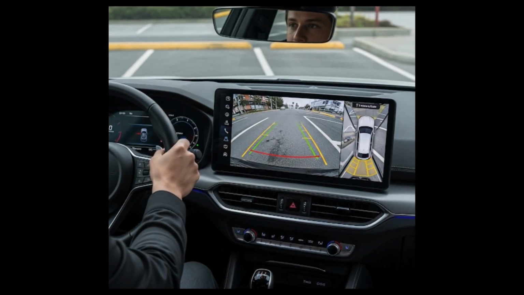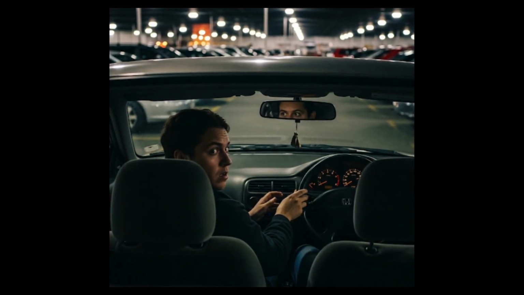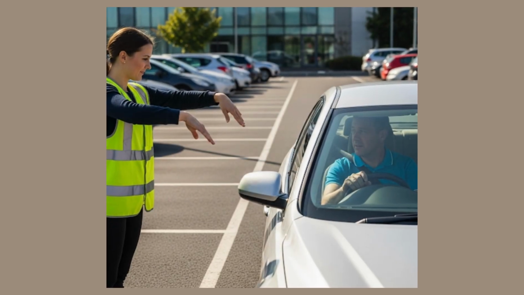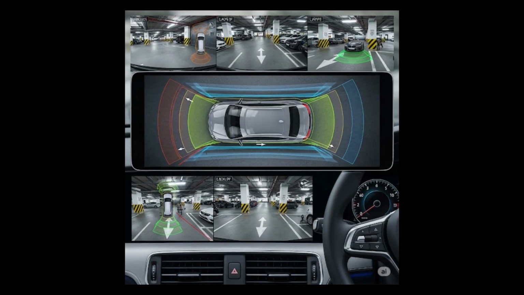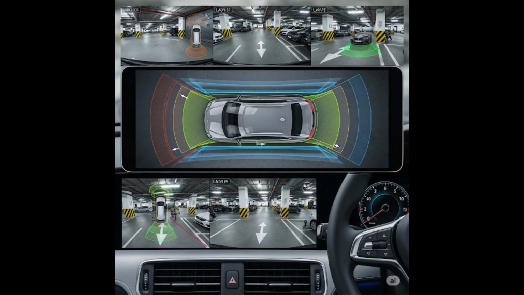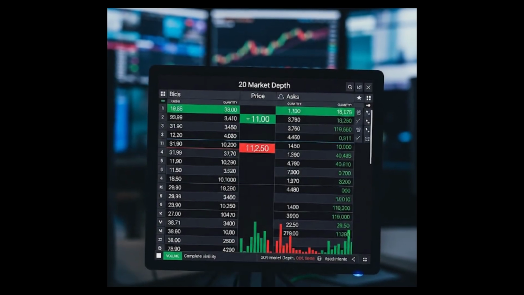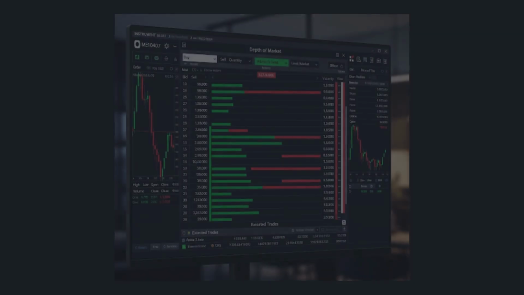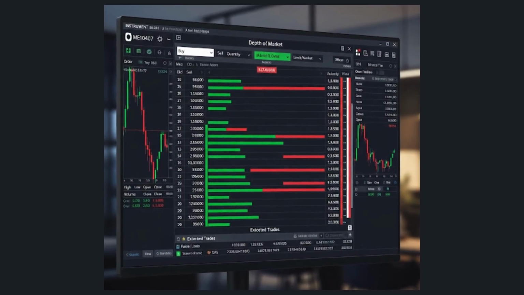When I first got parking assist in my car, I never had to twist my head or ask someone to guide me again. It gave me complete visibility and removed the guesswork. Level 3 Data does the same thing in trading. It removes the guesswork by showing you all the bids and offers up to 20 levels deep instead of just